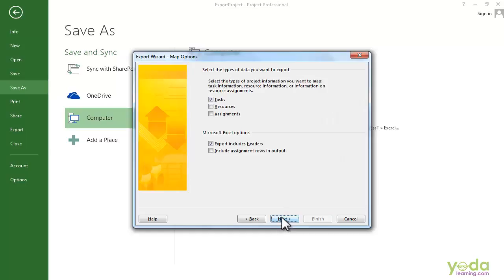Now with Excel, you can actually create multiple worksheets. So if you wanted to, you could export the tasks, resources, and assignments. In this case, we are just going to export the task information. So I'll uncheck these two. Leave that checkbox turned on, and the checkbox for export includes headers turned on, and then click on Next